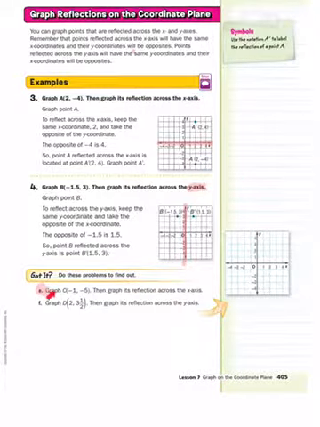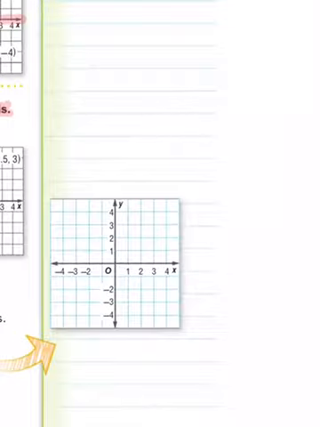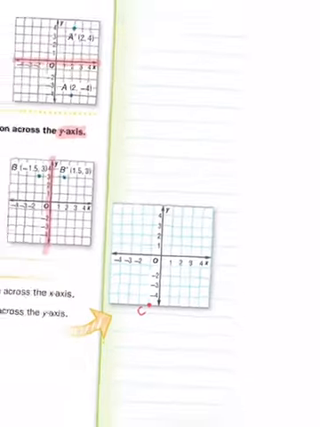So in this one, it says graph C at -1, -5, then graph its reflection across the x-axis. So I'm going to start by graphing C at -1, -5. So let me zoom in here. All right, so if I start here, I go over to the -1 and down to the -5. So this is going to be right here where I'm going to put my dot. That's going to be point C. Now the reflection,